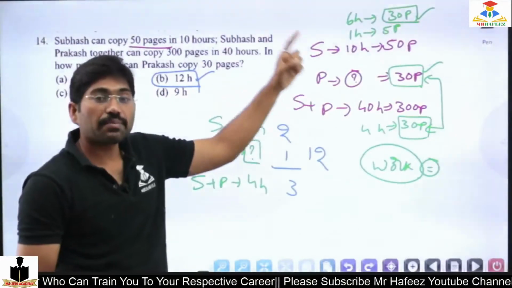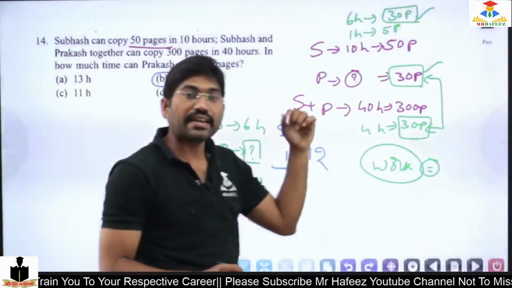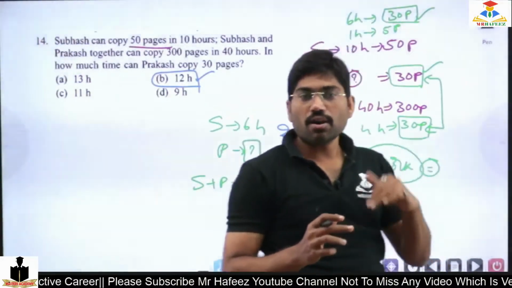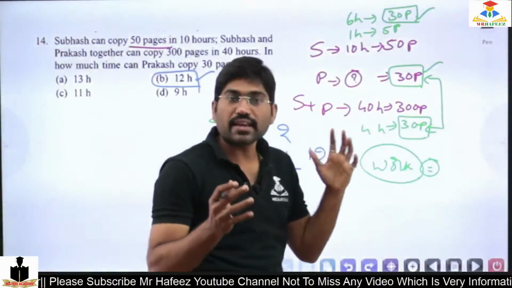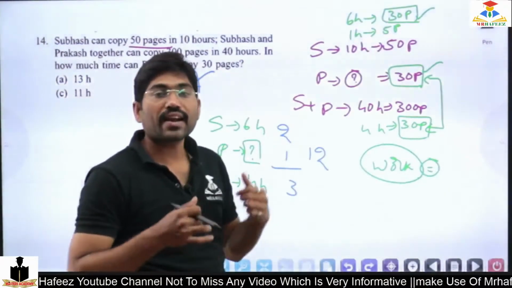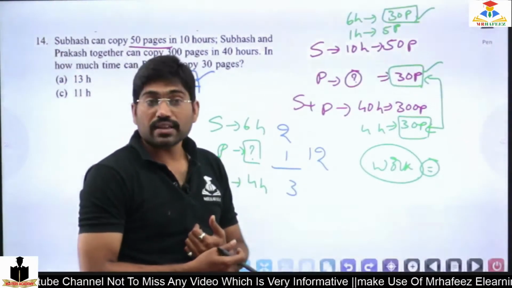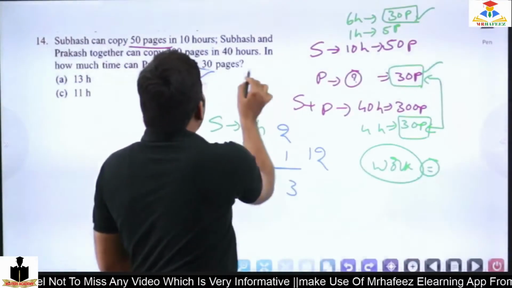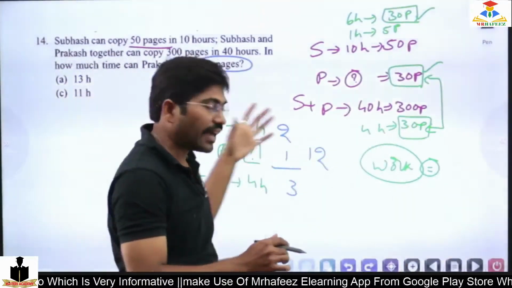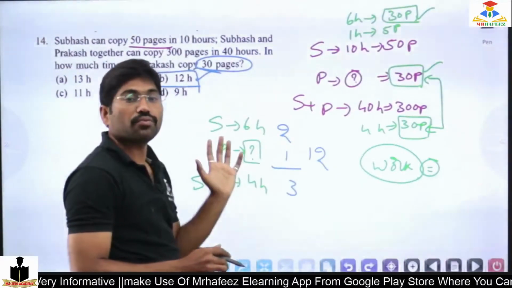Even then, the 50 pages, 30 pages, 300 pages I can calculate, but without that it is a very long process to calculate. I am just making it shorter by making the works equal. How can I make them equal? Because the question is for 30 pages, I am just converting in terms of 30 pages so as to get the actual value in number of days.